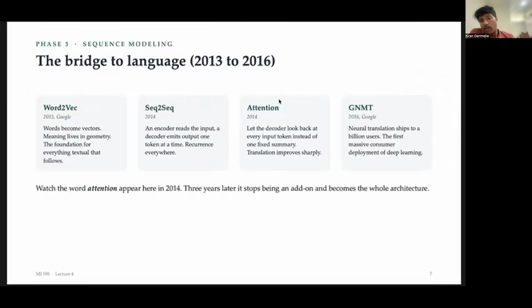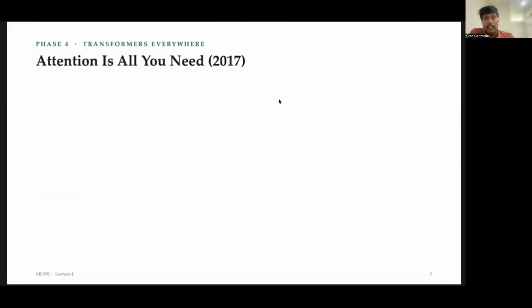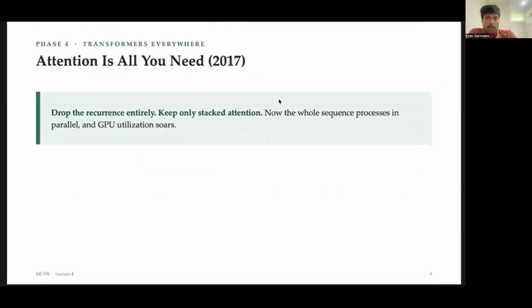And again, attention is one technology that was invented in 2014, but it became very, very important later in the transformer paper, which is the final phase, the transformers phase, where transformers just ate up everything. All of these sequence to sequence modeling methods are now defunct because transformers just outperform all of them, right?